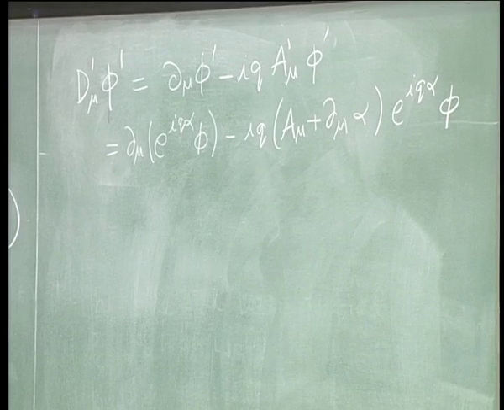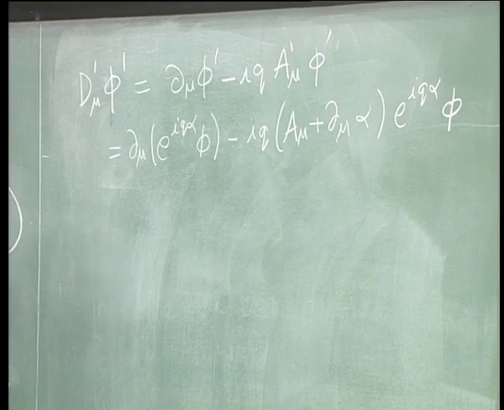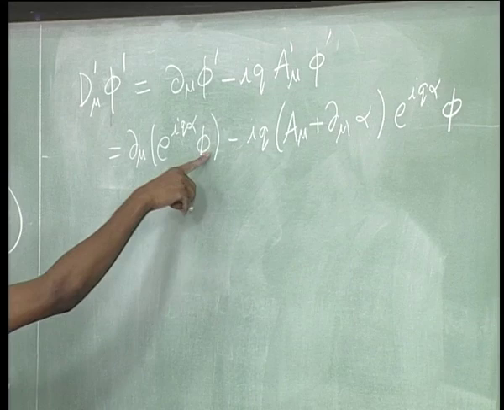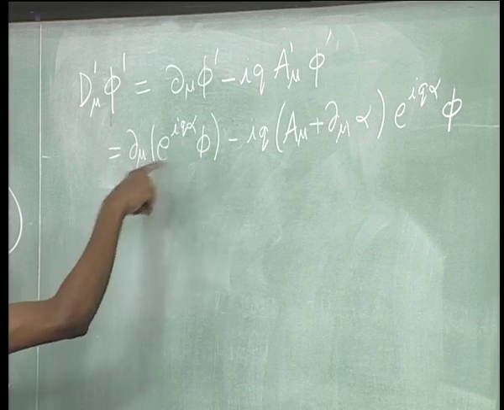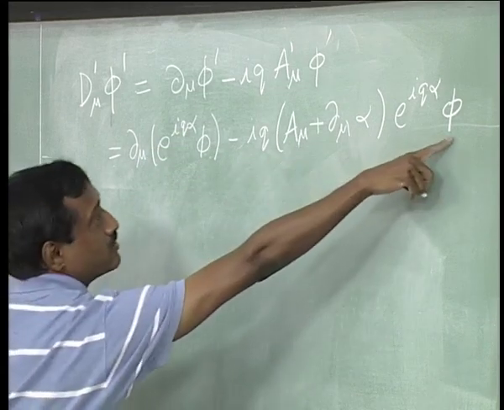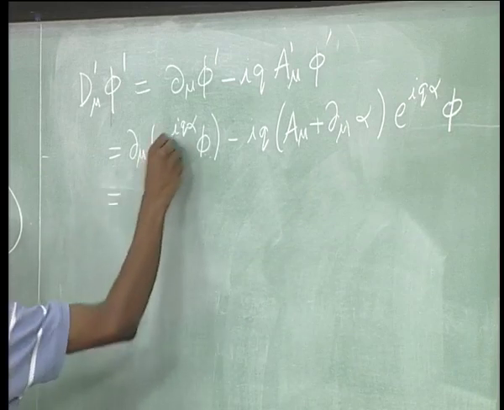Okay, now I can go ahead and collect terms together. So d mu acting on phi will give me e to the power i q alpha d mu of phi. I can combine it with this piece and rewrite this as